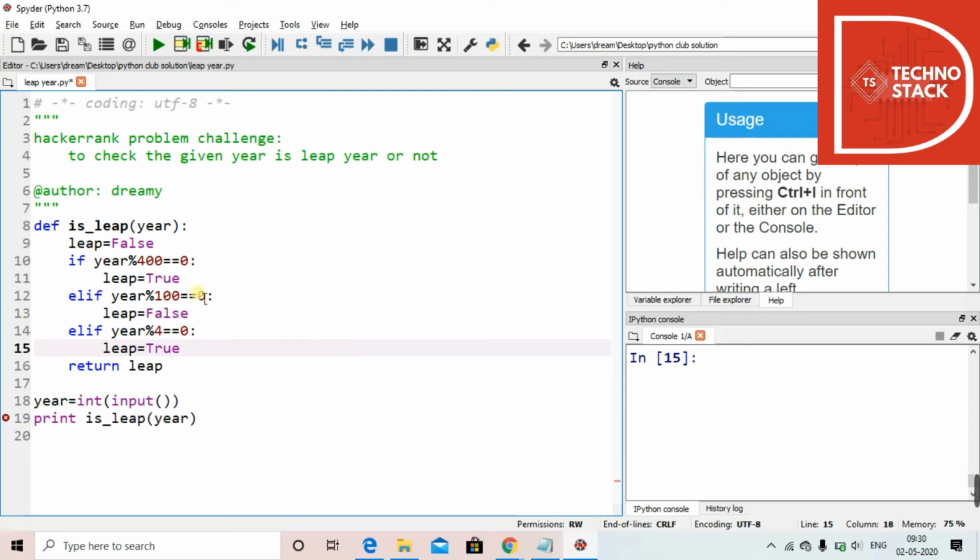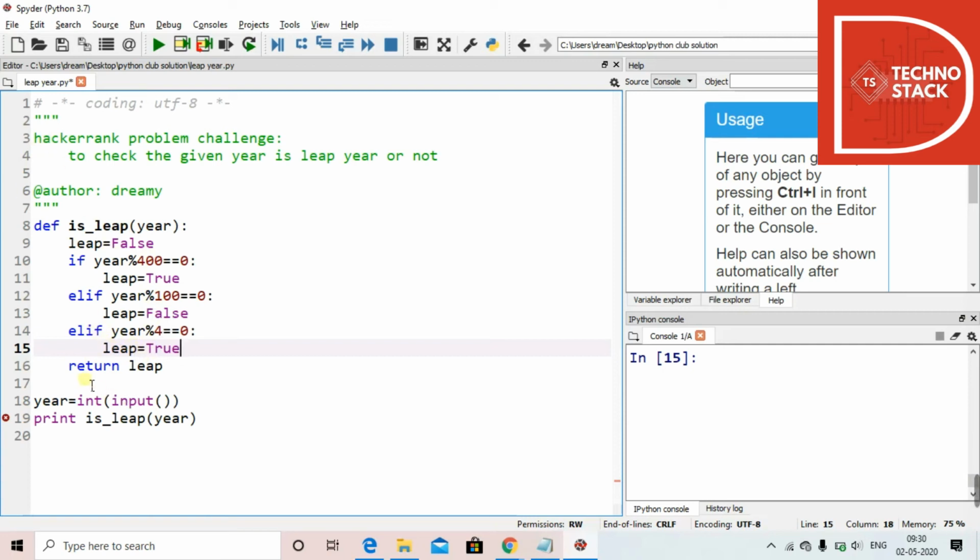Now what we did over here is first we took a function isLeap with a variable year, then we set the value of leap equal to false. We saw that if its modulo with 400 is 0, then it should be a leap year. If its modulo with 100 is also 0, then it should not be a leap year. Then if it's also divisible by 4, then it should be a leap year.